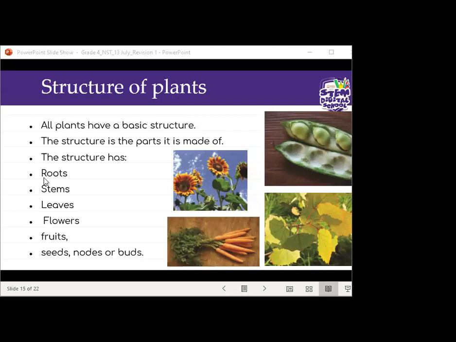All right, so as you guys heard what Kiara said about the seeds. Seeds help in making new plants. They are very important for making new plants, and we can sometimes use the nodes or the buds of a particular plant in order to make a new one.